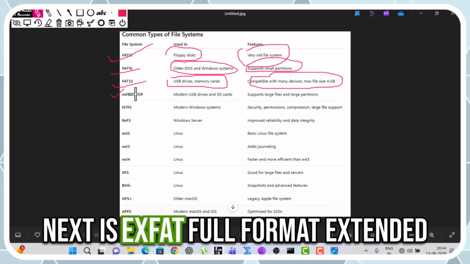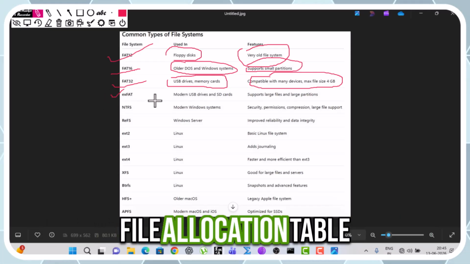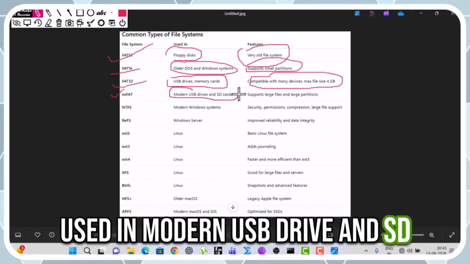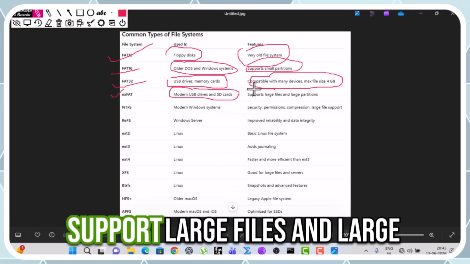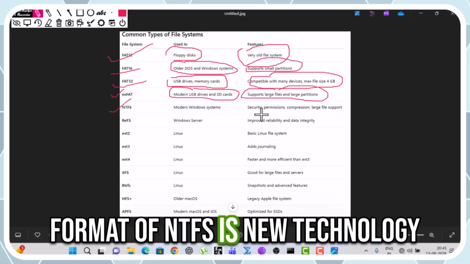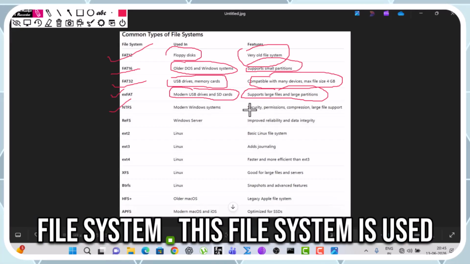The next is exFAT, full form extended file allocation table, used in modern USB drives and SD cards, supporting large files and large partitions. The next is NTFS. The full form of NTFS is New Technology File System.